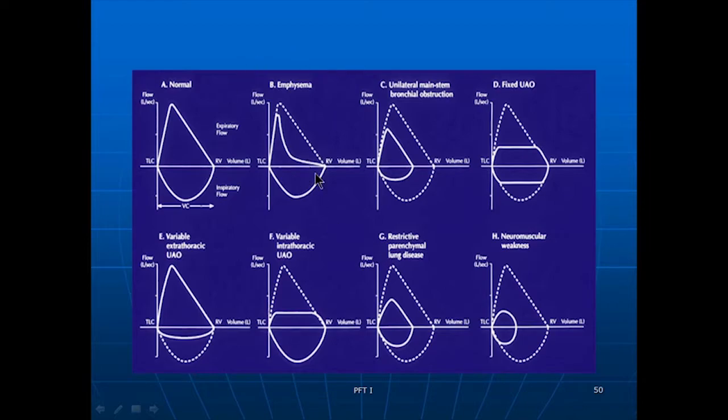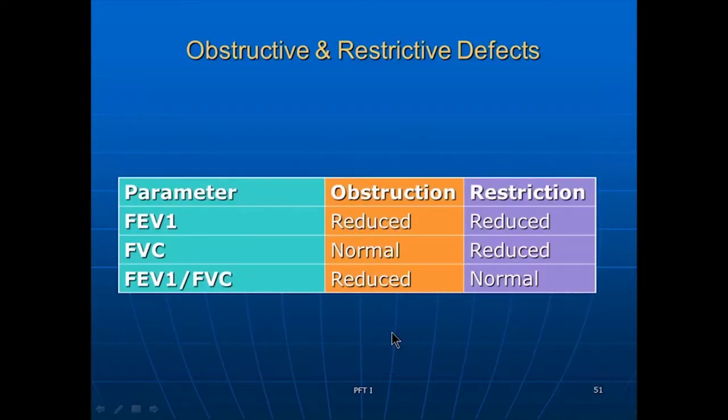So again, for exam purposes, this would be more of an obstructive. These two would be more of the restrictive because they can't get the volume in or out. So again, looking at these pictures of flow volume loops gives you an indication of which one's obstructive and which one's restrictive. So if you gather anything from this whole thing, in an obstructive pattern, your FEV1 will be reduced